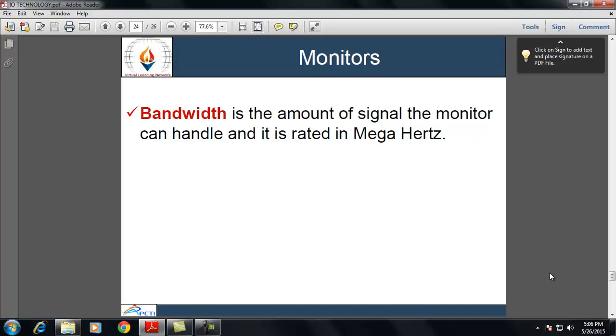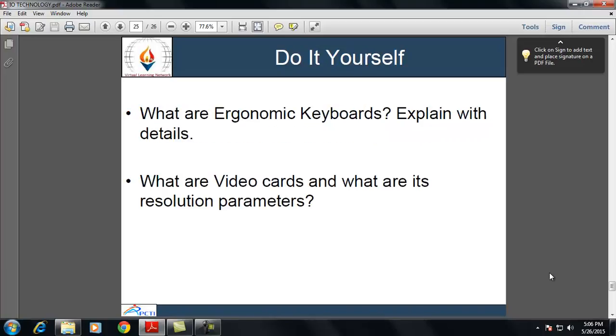This is the most commonly quoted specification of a monitor. The bandwidth should be enough to address each pixel plus synchronizing signals. This is all about the CRT monitors.